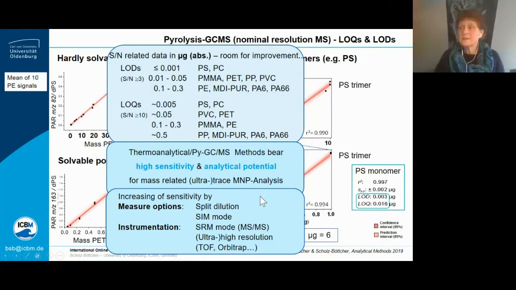micro and nanoplastics. There are more and more methods that could enhance the sensitivity, such as measurement options with respect to, for example, the split dilution of the system, different measurement modes like SIM or in MS/MS techniques, SRM modes, and of course, ultra high resolution systems, which are able to improve all these data